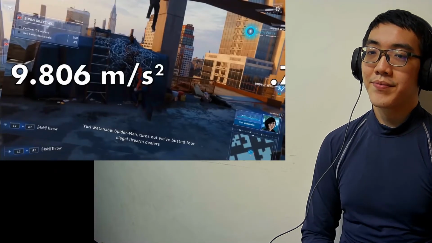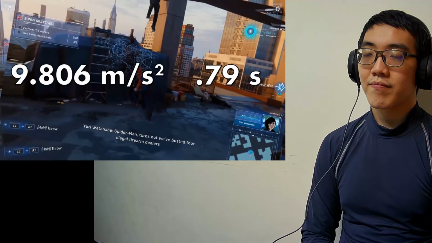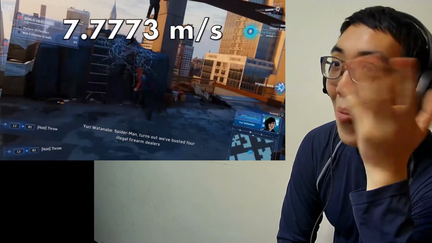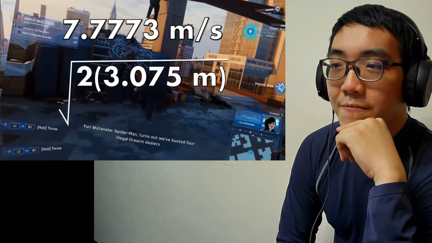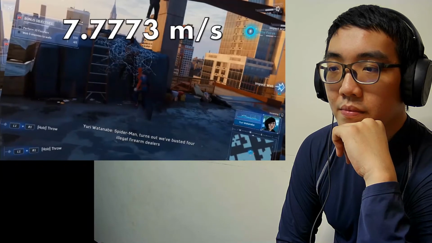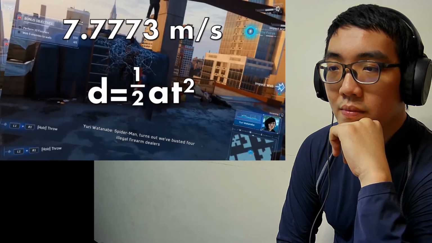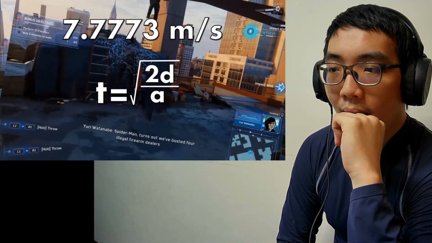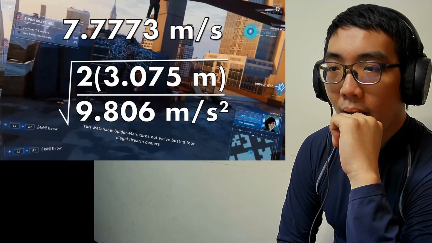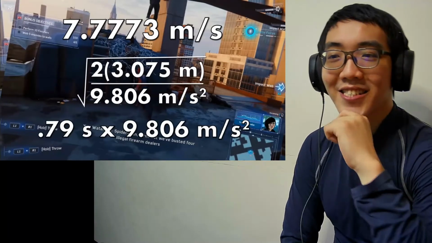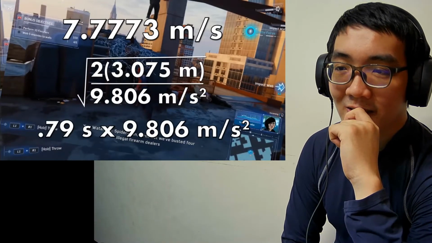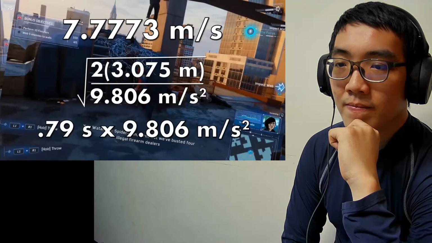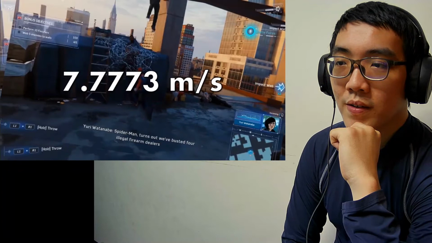Time to peak height on Earth would be 0.79 seconds, meaning his initial launch speed would have to be 7.773 meters per second. We can figure this out by taking the square root of 2 times the distance traveled divided by the acceleration due to gravity. This is just a reworking of the acceleration distance formula, 1/2 the acceleration times time squared. Since we know everything but time, we can rearrange it to isolate t and get how long travel takes. Our initial speed, therefore, is just time times acceleration, since moving upward and slowing down is just the reverse of moving downward and speeding up, which gives us 7.773 meters per second.